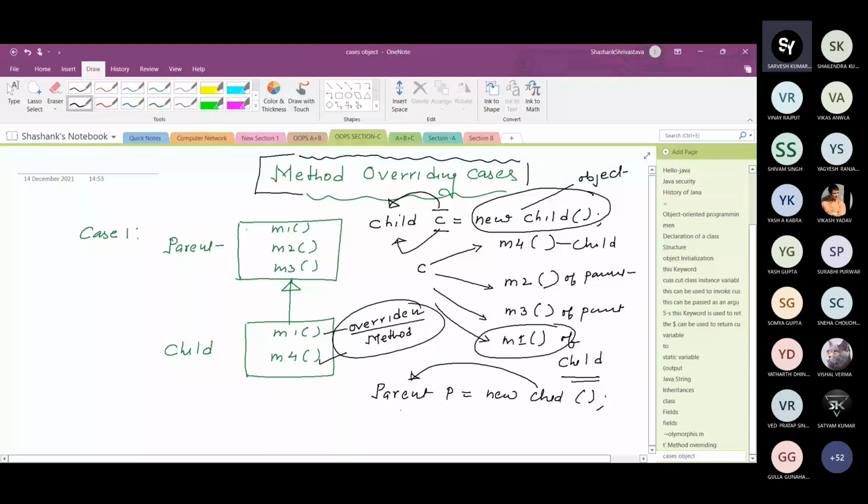So this is another case. We will discuss this case in the next hybrid class, because there are four to five cases in method overriding, and then typecasting. Okay, we will discuss.